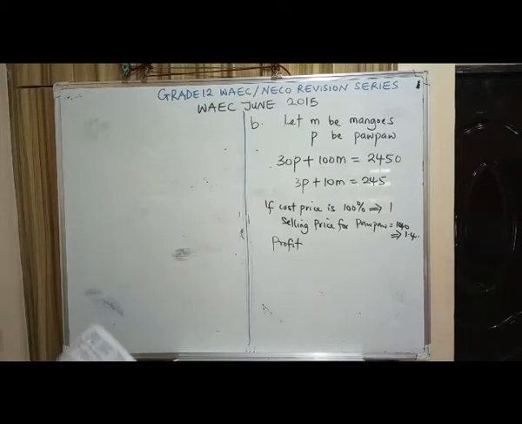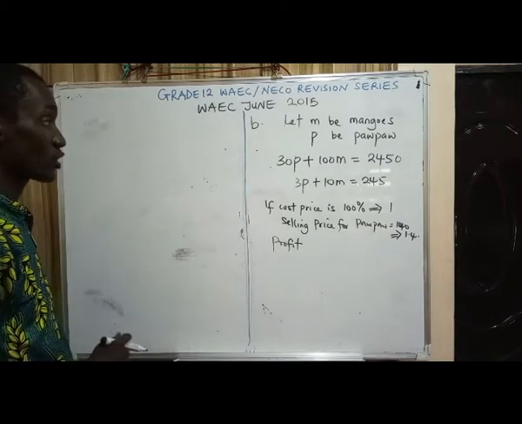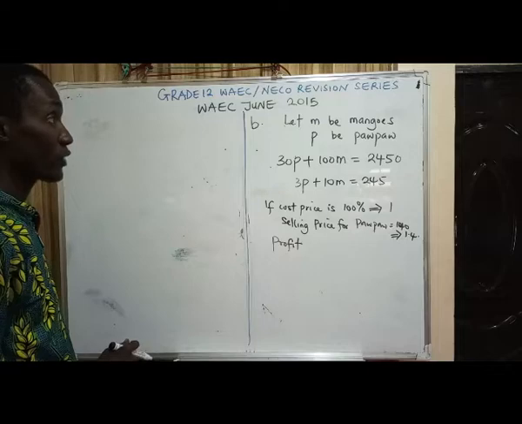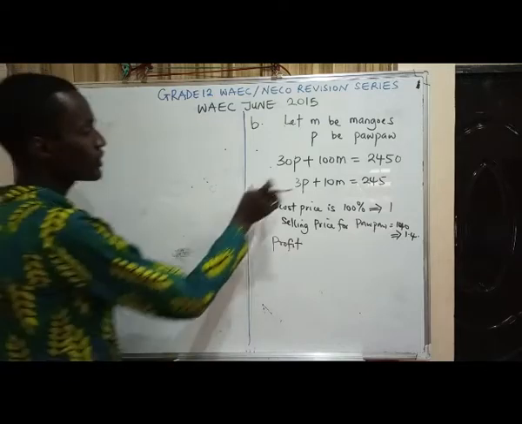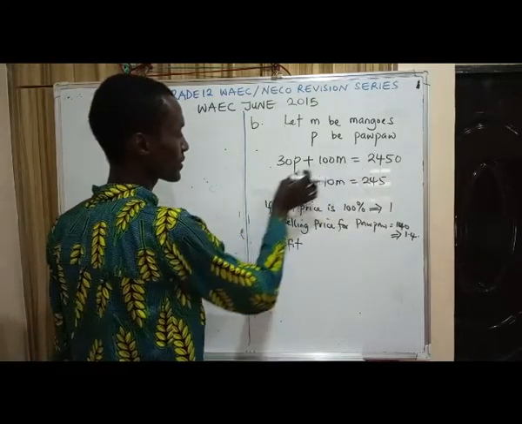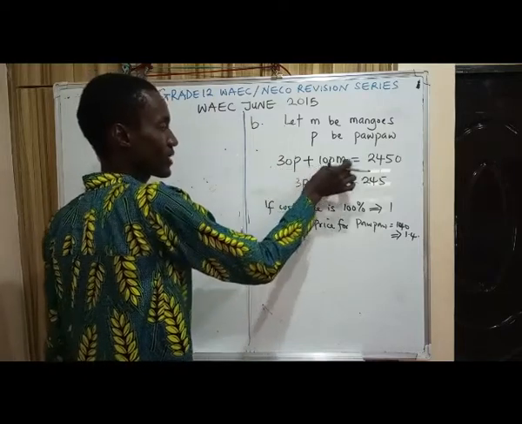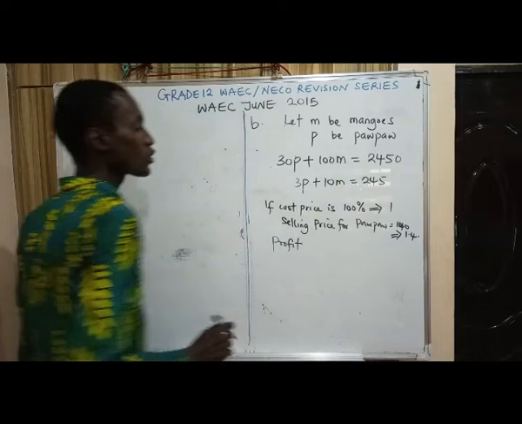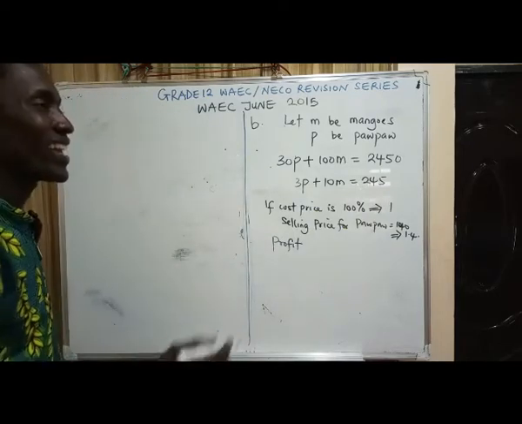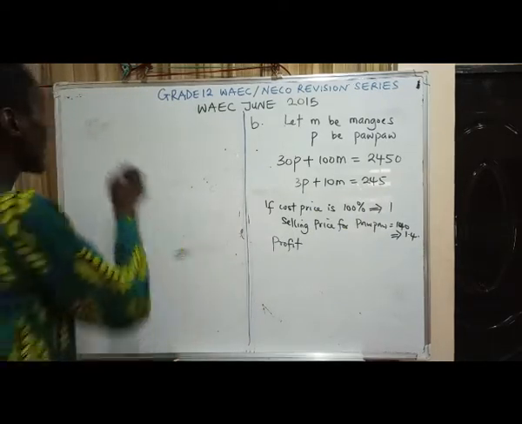Okay, so we are told that the entire profit of this transaction is 855. Now, this technically is a cost price. This times a certain cost price of this, plus this times a certain cost price of this gives you this. So if she made a profit of 855, it means that